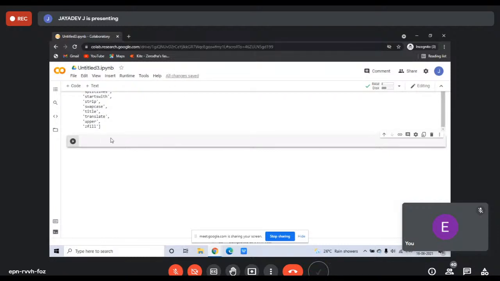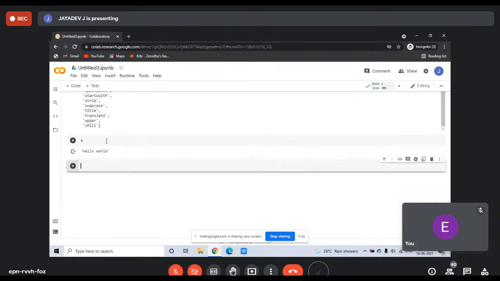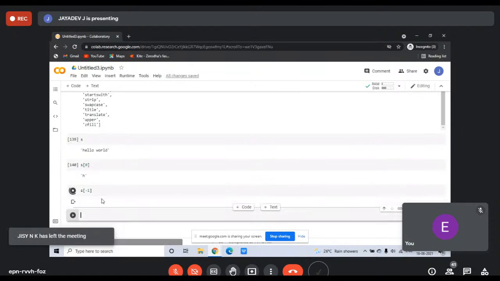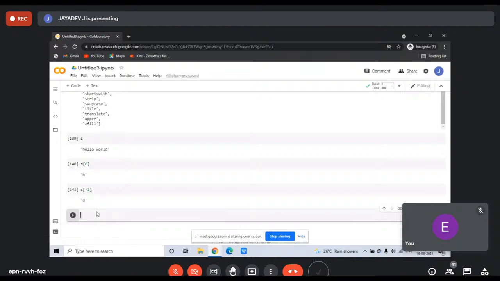Now, I have said something about indexing. Let's see, for example, in S we have hello Python. So if I put the index of 0, then it will print H because H is the first letter. And if I put -1, what it does is it will refer to the last character, which is N. And if I put -2,